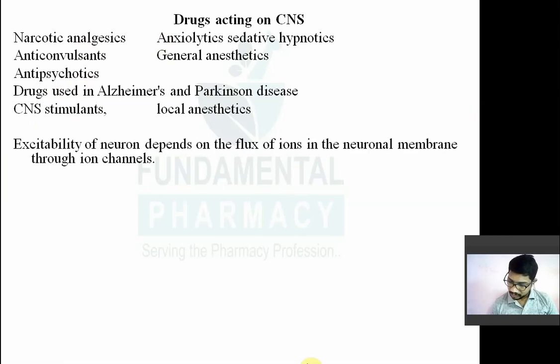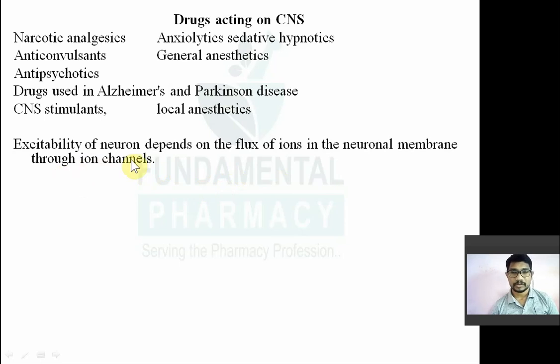Before starting drugs acting on the CNS, you should know how there is excitability of a neuron and what is the process through which there is neuronal excitation. How does excitation happen in neurons? How is an impulse generated and how is it transmitted? For that you have to understand this. Neuronal excitation or excitability of a neuron depends on the influx